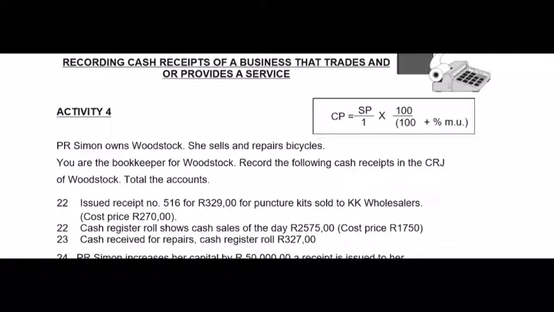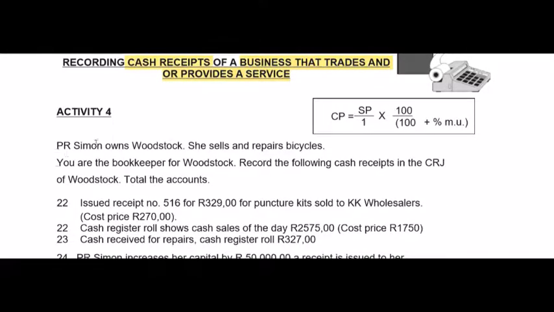In the past few weeks, we've been busy with cash receipts journals. Firstly, we dealt with cash receipts journals of service businesses, which had a current income column. And then we dealt with cash receipts journals of trading businesses, which had a sales and a cost of sales column. And today I'm going to show you how to record cash receipts of a business that trades and provides a service. Okay, so this whole video is based on activity 4 on page 58 in your textbook, and it